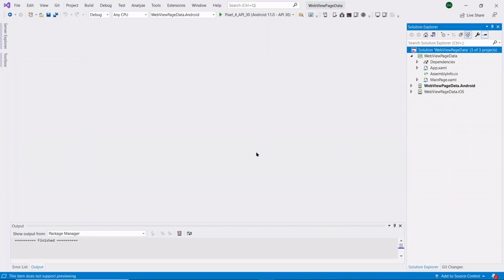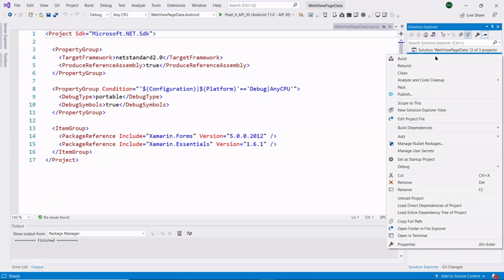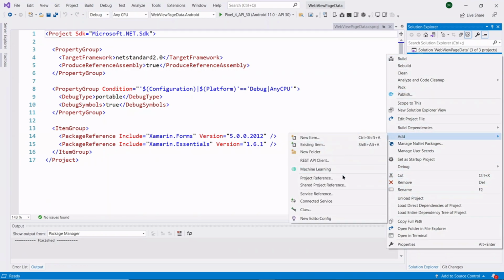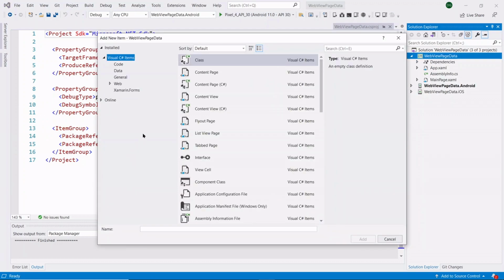First, we need to create a control for the WebView and we need to inherit that control from the WebView class. So here I am creating the WebView control. Here I am giving my WebView control the name CustomWebViewControl.